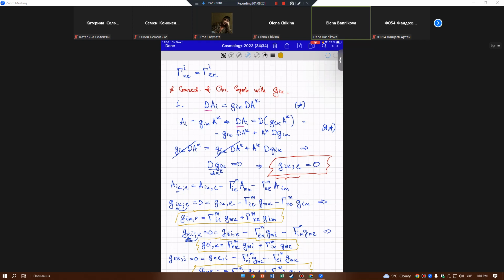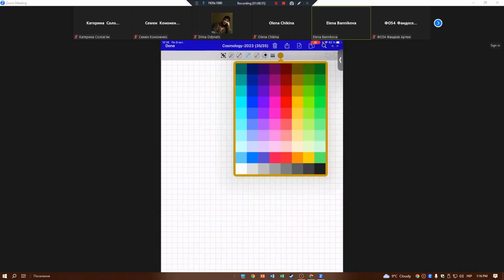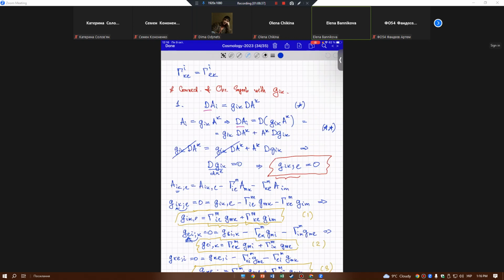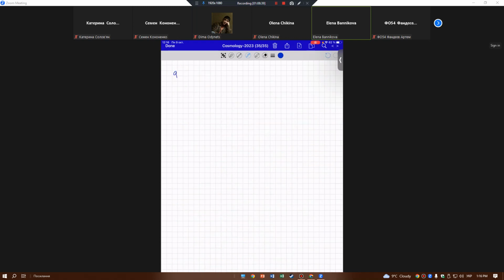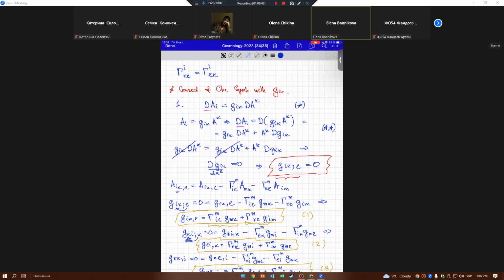For example, look here. So I will put here 1, here 2, here 3. Okay, 1 I can rewrite like this: g_{IKL} equal. Now I look here. So applying the metric tensor on the simple Christoffel, I can write